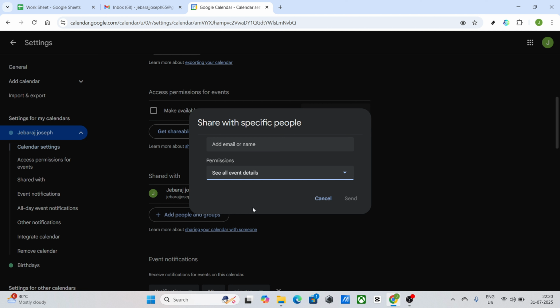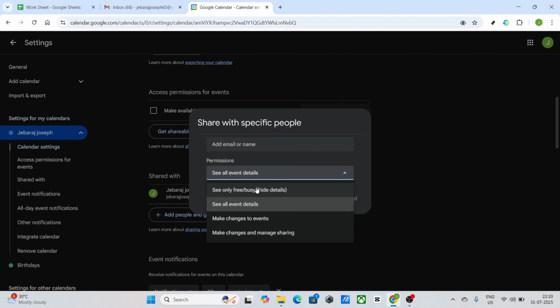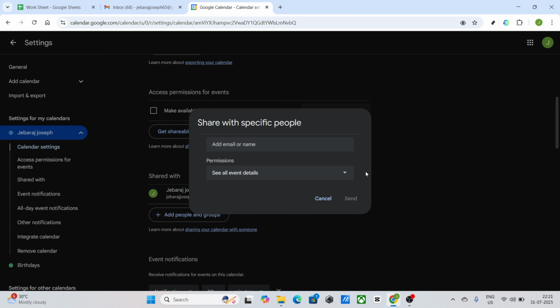Clicking on it reveals various levels of access. You can choose from options like See Only Free/Busy, Hide Details for the most minimal access, See All Event Details for more visibility, or even Make Changes to Events if you want them to have full editing capabilities. If you are working collaboratively, the most comprehensive level, Make Changes and Manage Sharing, grants full access to the calendar's